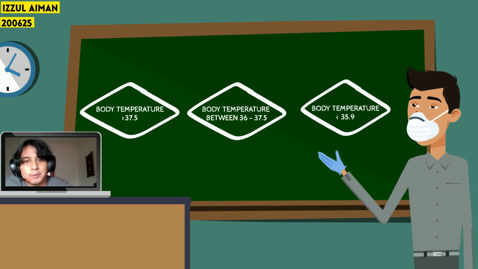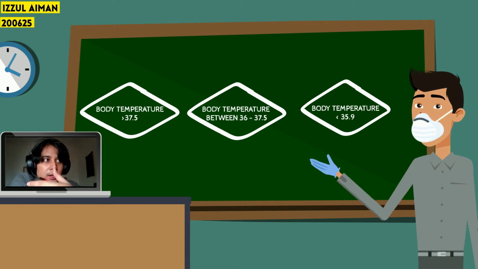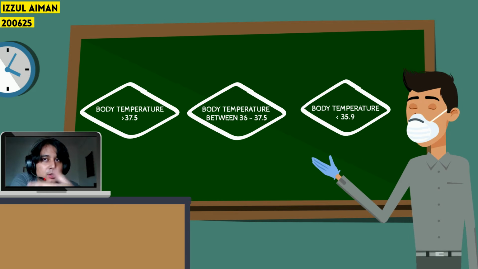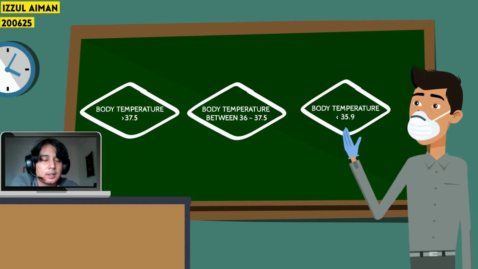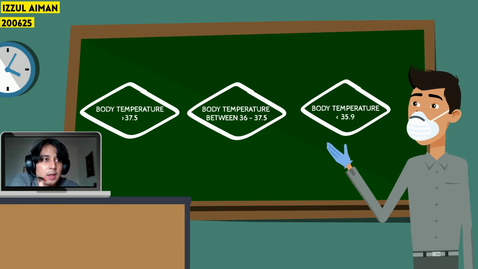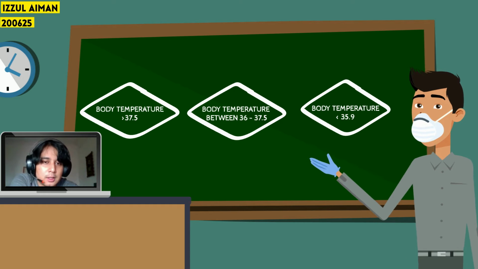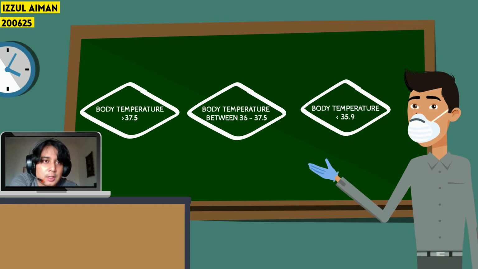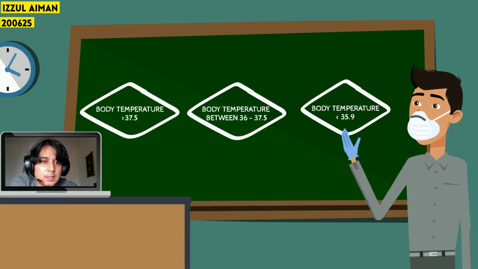So the first one is usually for people who are sick or have COVID symptoms, who have a chance to have COVID. The second one is for healthy people, and the third one is mainly